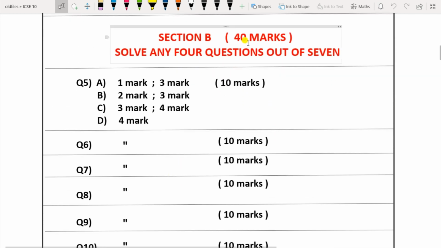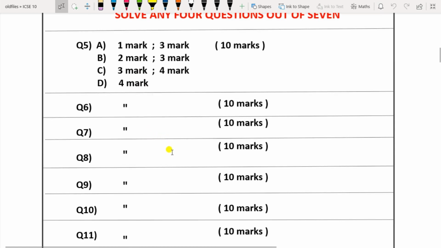Section B is also of 40 marks, but here you have the option, out of 7 you have to solve 4 questions. So the pattern of question marks is the same as section A. Now here you have to see which question you can solve and which lesson you are very confident of to solve properly. So that question you can solve. Here the solutions are a little bit lengthy, like construction work, graph and then some lengthy numericals. Okay, so these questions need a little bit more time than section A.